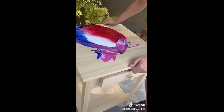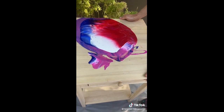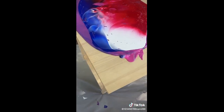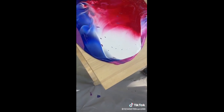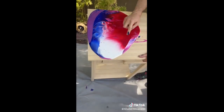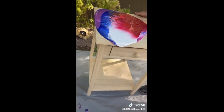You can't see the heart yet, but in a moment I'm going to wipe this whole thing away, and you'll really see the heart underneath. The first heart that we made, you'll see that really take shape, okay? So watch this. Look at the marbleization, okay? Now what you can't see yet is the underlayer underneath all this paint, because we're just seeing the top layer right now. We're using the top layer to cover the rest of the table. But right here in the middle, underneath all this, we have the focal point of the whole table. I'm going to reveal that to you right now because I want you to see what that looks like underneath